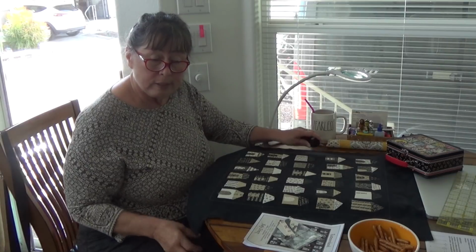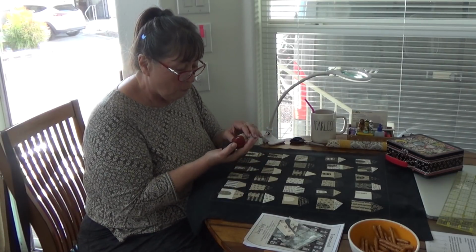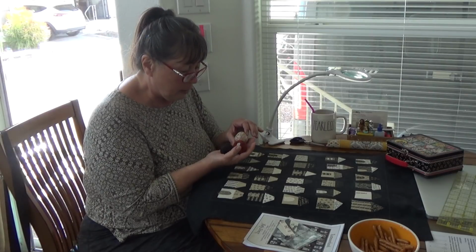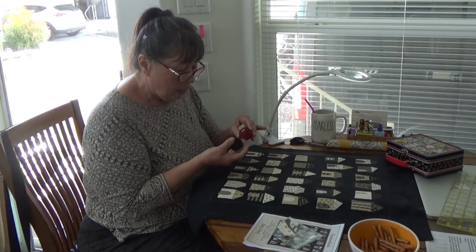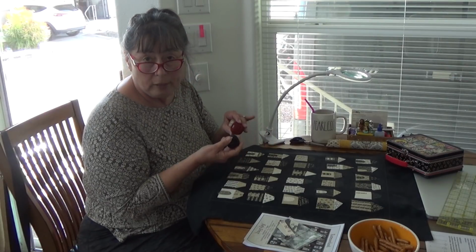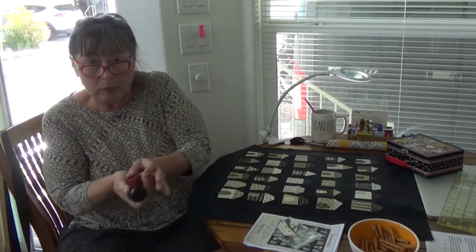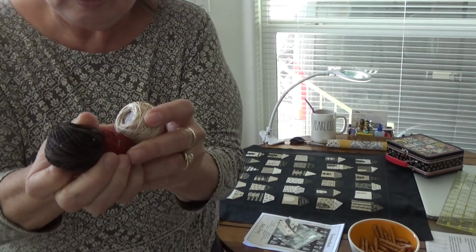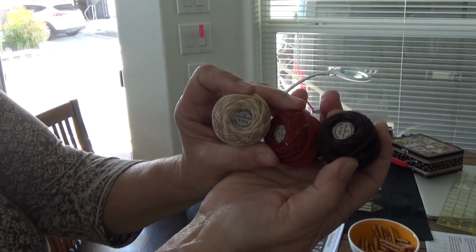Now the 3 threads that she uses, because of the color palette she's using, are Valdani threads, and it's 514, P1, and 531, and they were all 12 weights. And so let me just show them to you. So red, white, and